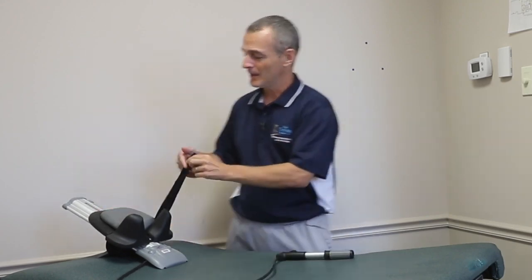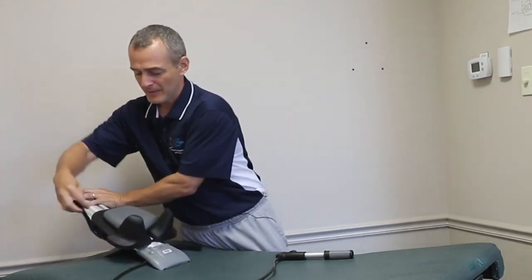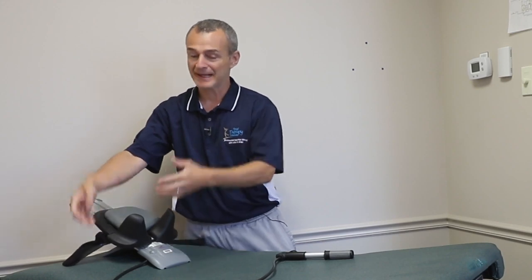I'm going to go ahead and get into position. But before I do, one other thing. They do have this strap that would, in theory, come around and come over the head. Typically when I'm using it for a patient in the clinic, I don't use the strap because if they pump it up too high, the strap kind of confines them and locks them in place. I leave the strap off. If they pump it up too high, the worst that's going to happen is the device is just going to slide up the head,